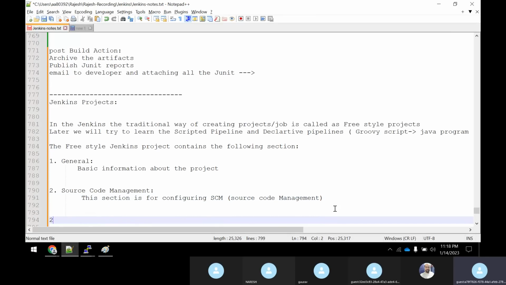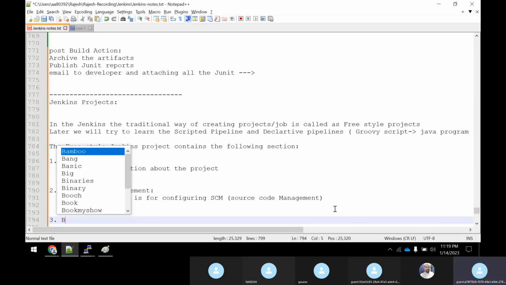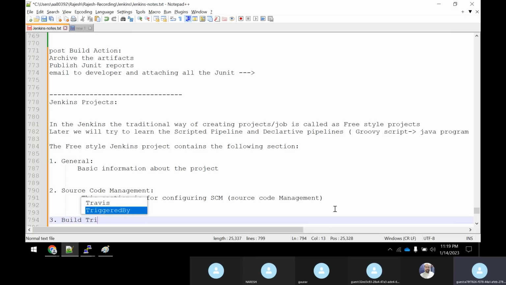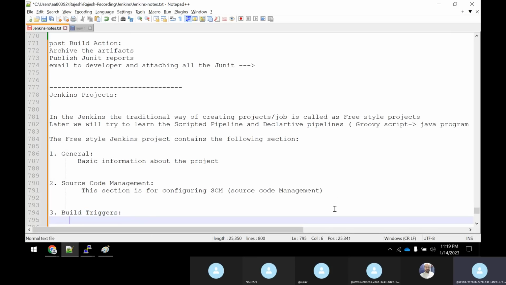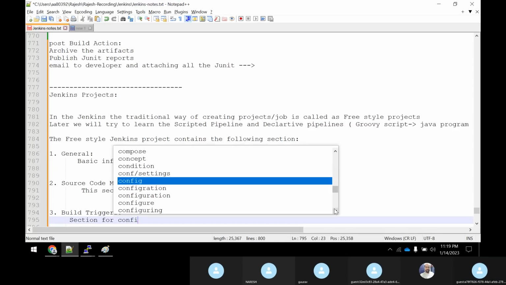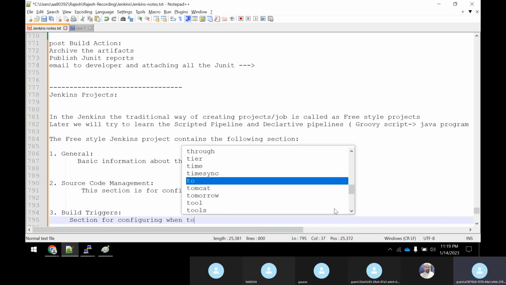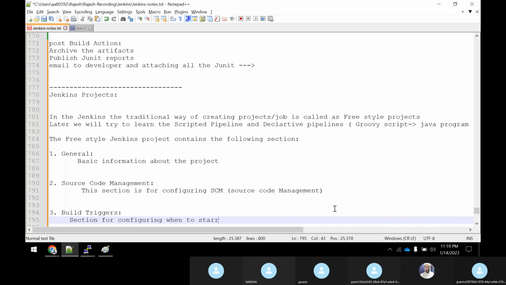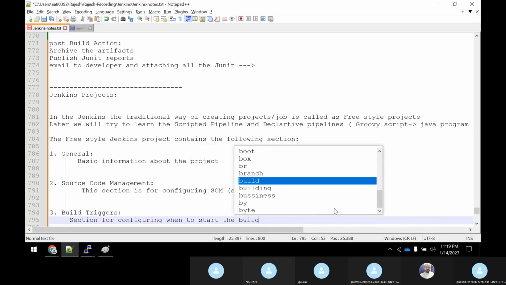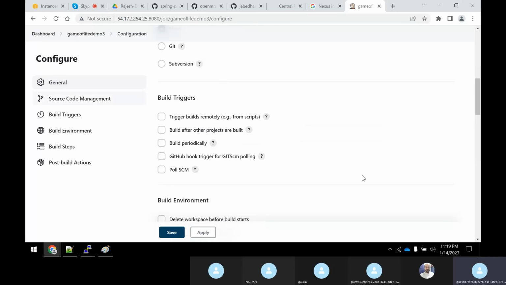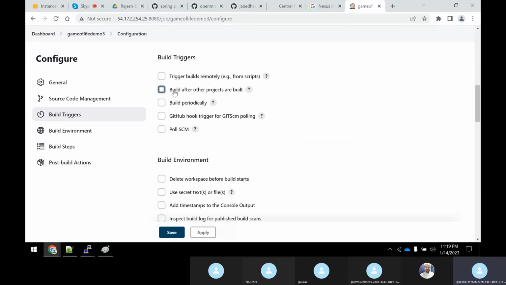The third one is build triggers. Actually, this is very important, guys. I'll be explaining this in the next-to-next session. This section is for configuring when to start the build. So here you could see you're having build triggers: trigger builds remotely, build after other projects are built, build periodically, GitHub hook trigger for Git SCM, and Poll SCM.